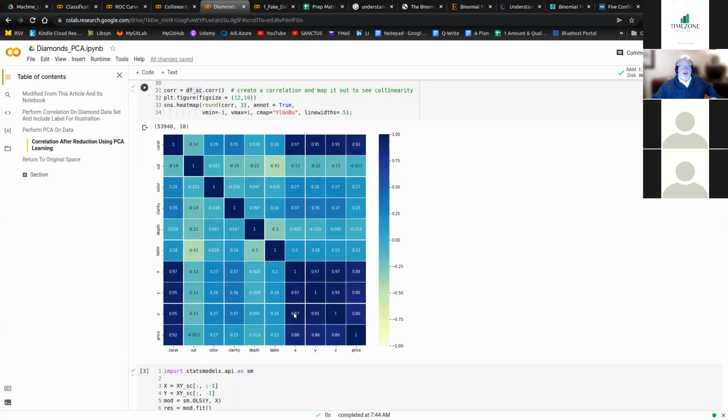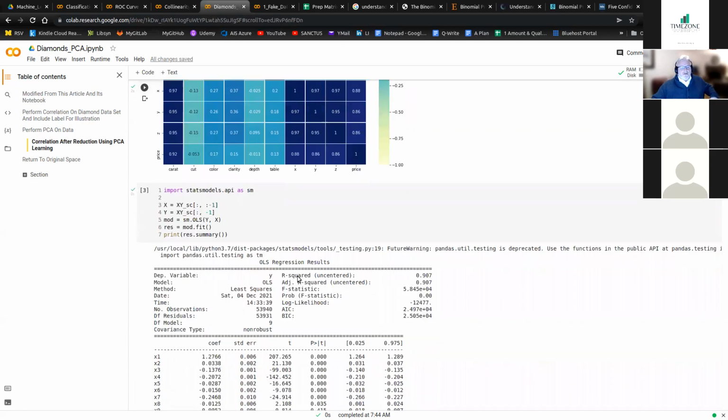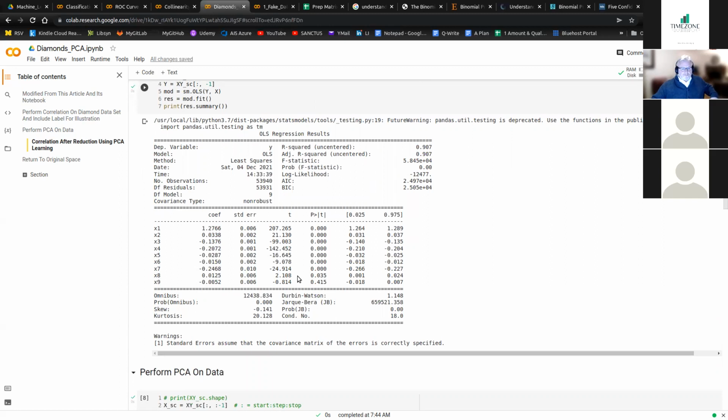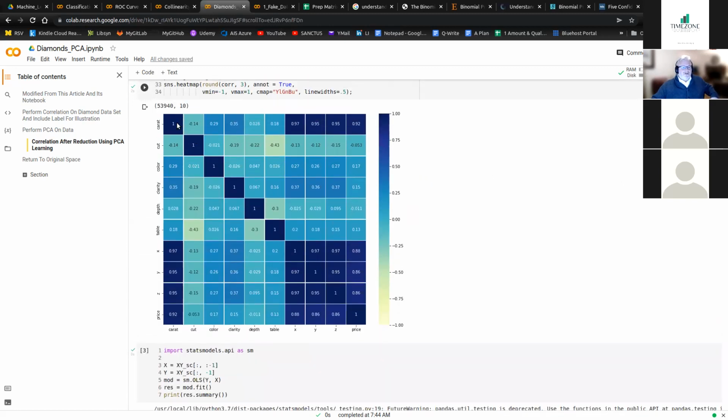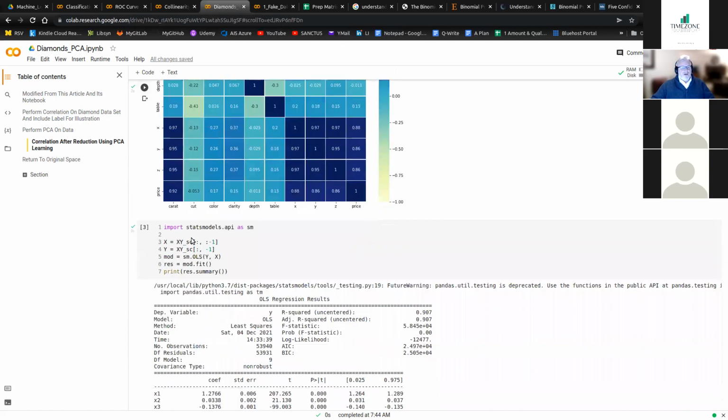But personally, I always prefer to go through the discipline of either figuring out what shouldn't be there and explaining that, and then using, for example, here, I'm pretty sure I'd use all of these features here, but I would not use X, Y, and Z. I mean, if we continued to do the analysis, I'm pretty sure that would be the conclusion I came up with. And you could remove